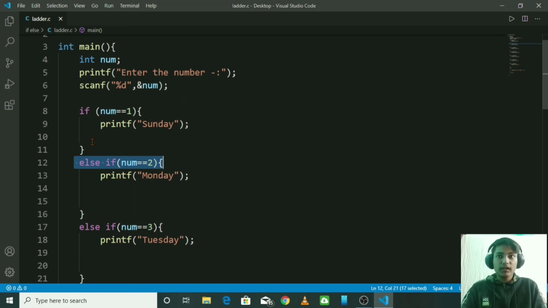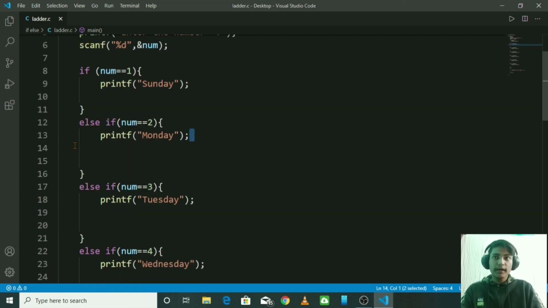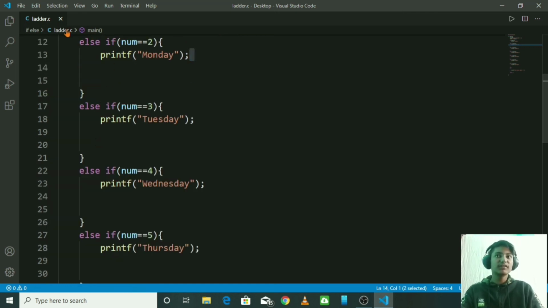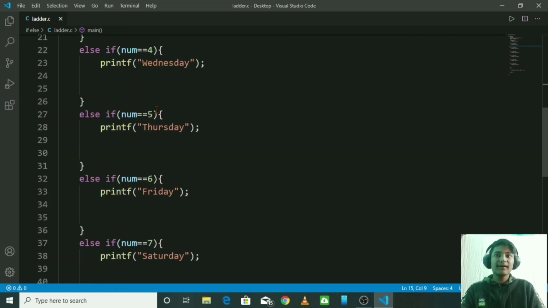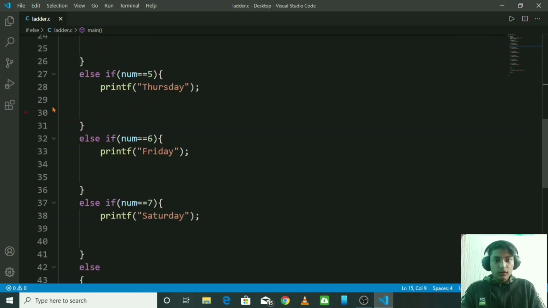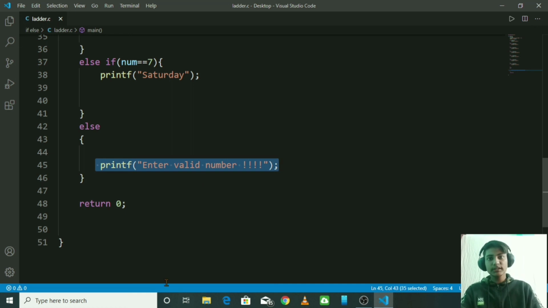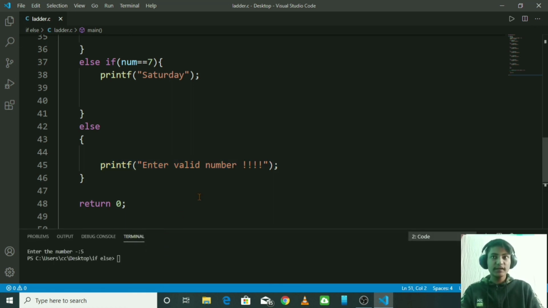If the condition in the next else if is true, it will process the command there, and it will do the same with the other else ifs. If all of these are false, then it will come to the else statement and process the code here. So this is the basic explanation of our if else ladder.